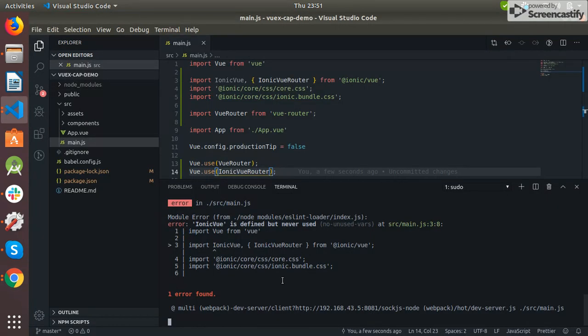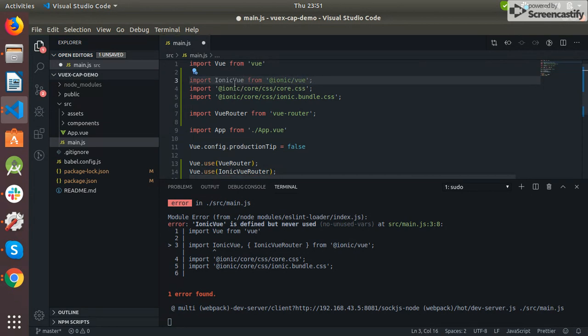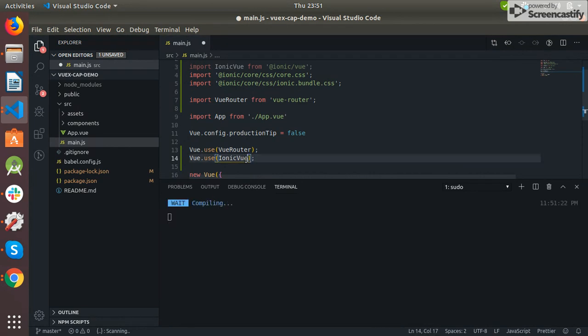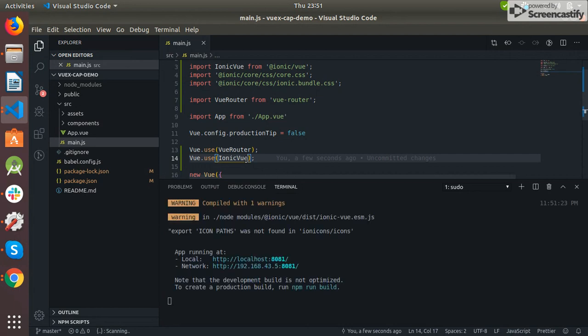I made one mistake in my code, which is this one. Okay, so we see this error. If you Google it,